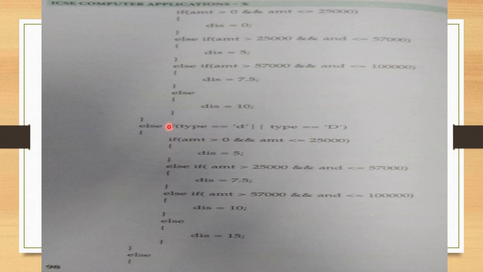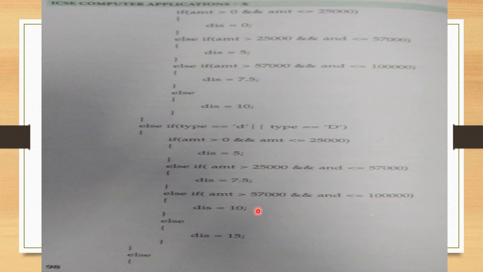Now we will check if within if. Okay, if amount is greater than 0 and amount is less than or equal to 25,000, discount will be 5. Else if, next condition, if amount is greater than 25,000 and amount is less than or equal to 57,000, discount will be 7.5. Else if amount is greater than 57,000 and amount is less than or equal to 1 lakh, discount will be 10.